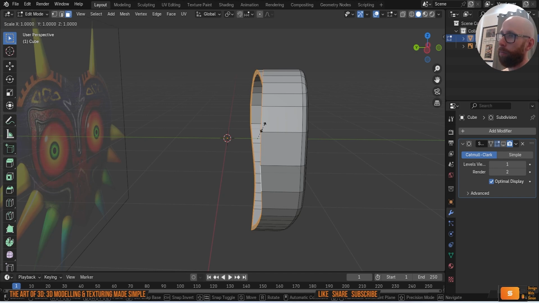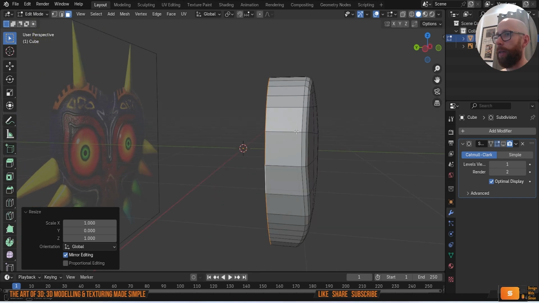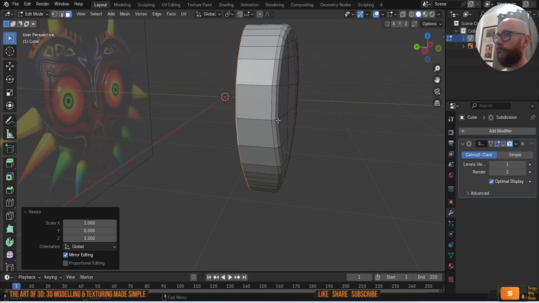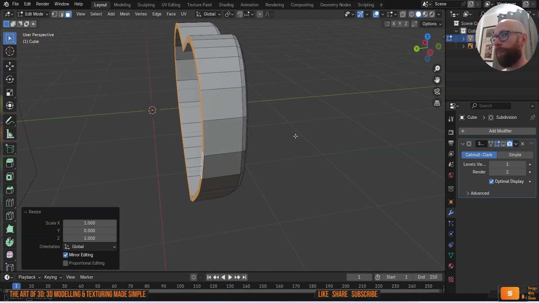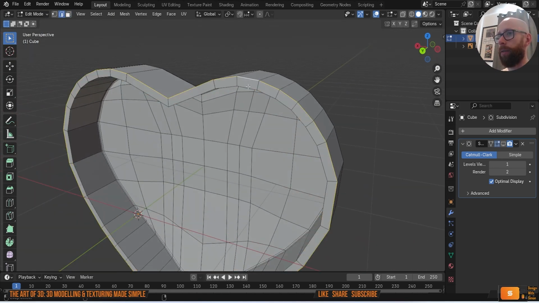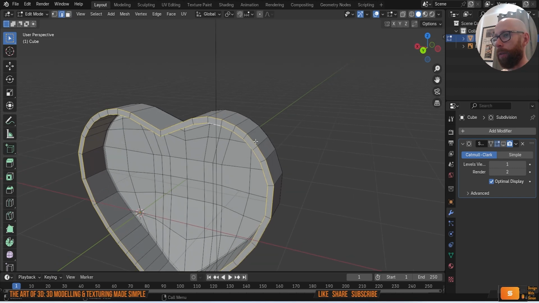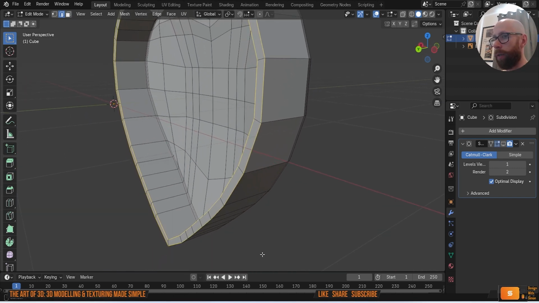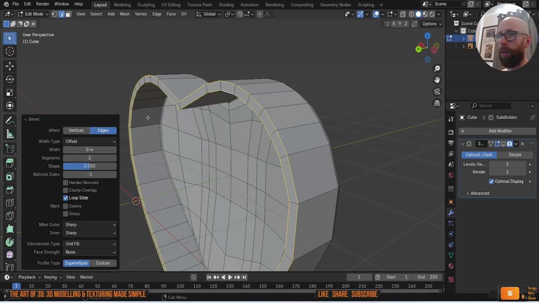S to scale, Y to lock it in the Y-axis, and press 0. And that then completely straightens that out again, while keeping everything else rounded. I'm then going to press 2 to go to edge mode again, select these 2 edges, make sure it's gone all the way around, Control B to bevel,